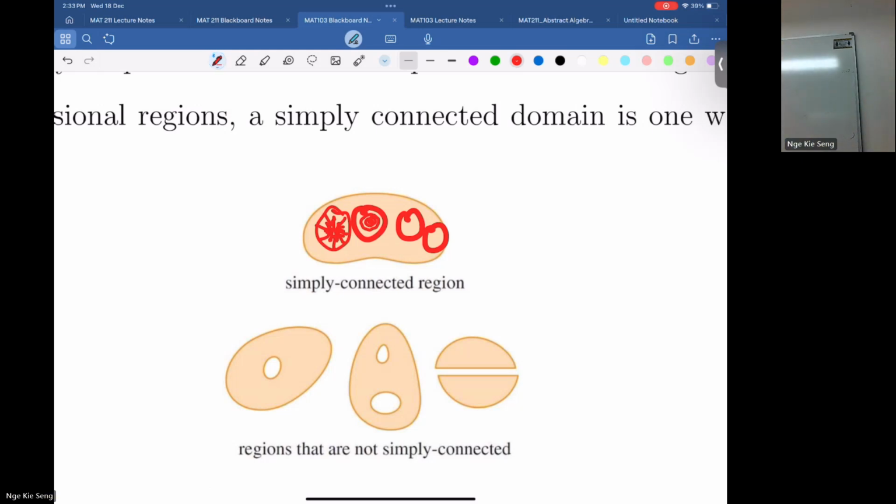How should you imagine it? You can imagine it as clay. 粘土，clay. So you can mold the clay into one lump, 一个点，本来是一圈，对吧？